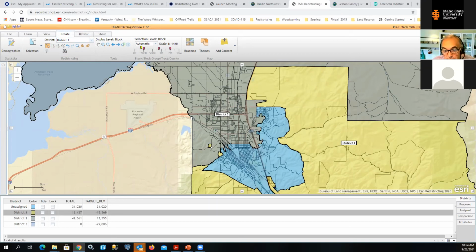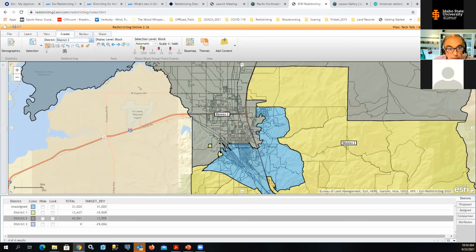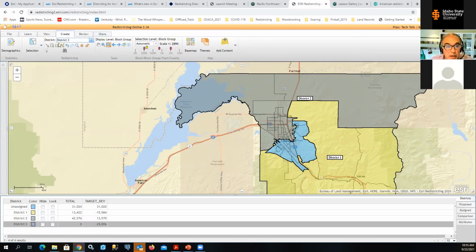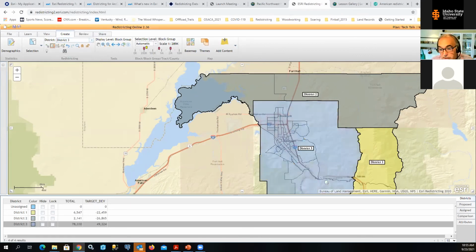But I think you get the idea how this works. District 1, oops, I actually want those in District 2. So we'll pick up those and those, and maybe zoom out just a little bit. And so I've got District 1 and District 2 and their distributions, and we've got the rest of these unassigned, and I'm going to go ahead and grab those real quick and move on. So I'm going to go ahead and select all of those unassigned. Whoops, oh, I goofed that up. Anyway,